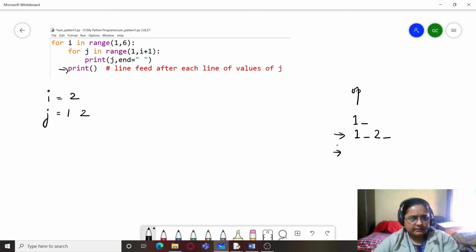Then again a line feed because of this statement. Then the next value of I will be 3, so j will be taking up values 1, 2 and 3. So again 1, 2 and 3. The inner loop has completed its execution. Till the time the inner loop executes, only this statement will be executed. Loop control won't come to this statement until and unless the inner loop has completed its iteration. Once all three iterations of the inner loop are complete, only then will it come to the print, that is the line feed. Now the value of I will be 4,